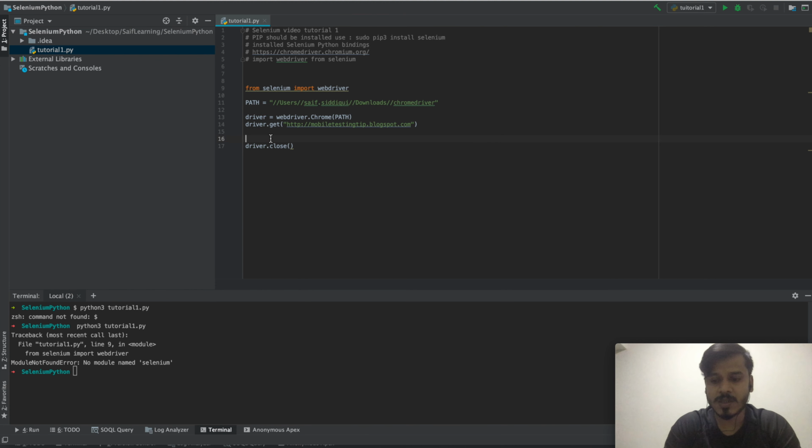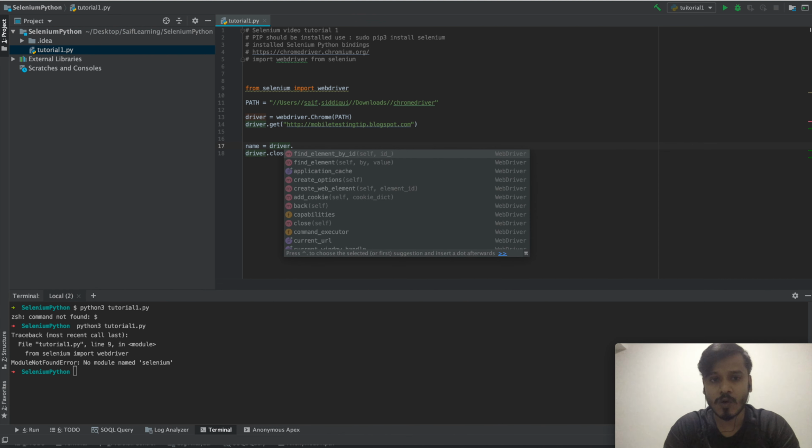I will take a variable where I will keep the property, or you can say the identifier of the element, and I will use the driver, and it will help me to identify the method from which we are going to identify the name element. If I do dot, you will see there are a lot of options like driver dot find element by.